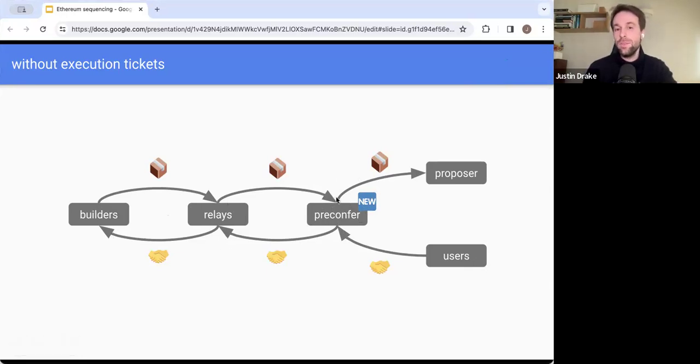And also the relays tend to be public-goods-y, high-reputation entities, so it's easy for the users to trust them as well, maybe. Because we already have builders trusting them and proposers trusting them, we might as well also have the users trust the relays. But it's an open market, and anyone can come in and provide this preconfirmation service.